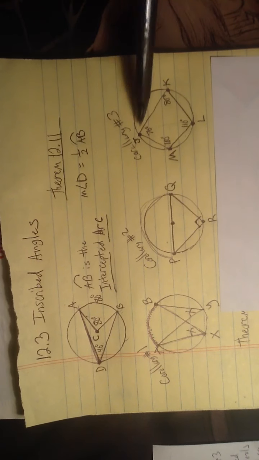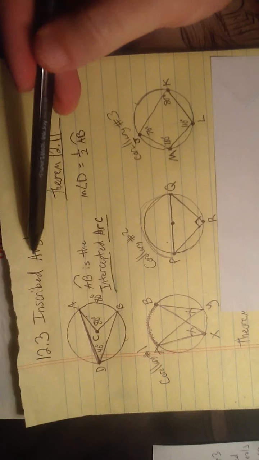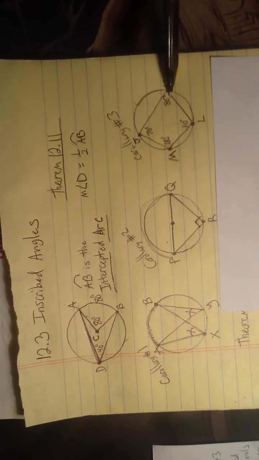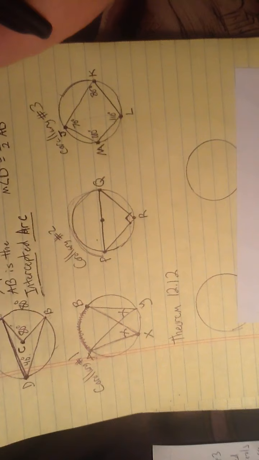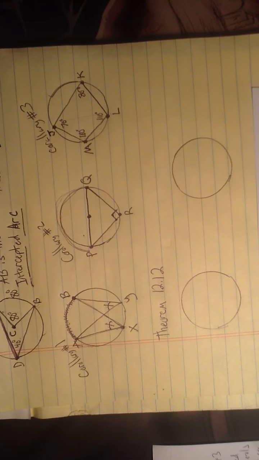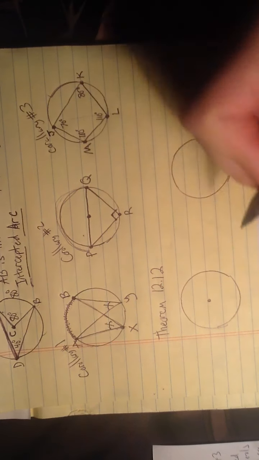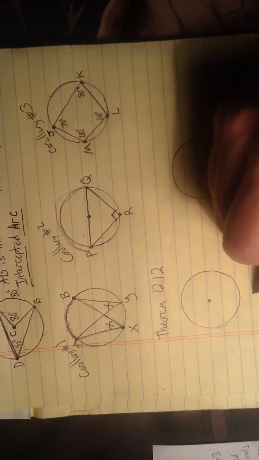But remember, the common thread is that all these vertices are inscribed. They're actually on the circle itself. And that's what causes all these special properties to kick in. Okay? And then the last one, which is theorem 12.12, is now going to interact tangents with chords. This is really easy. It basically says that whenever a tangent, and I'll go ahead and call this a tangent right here,